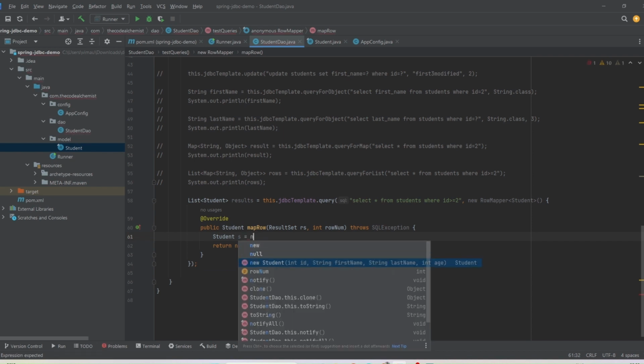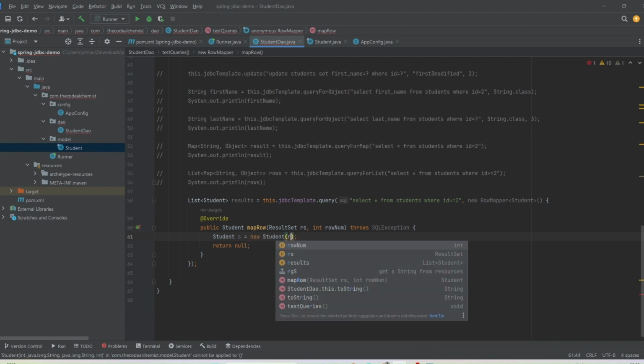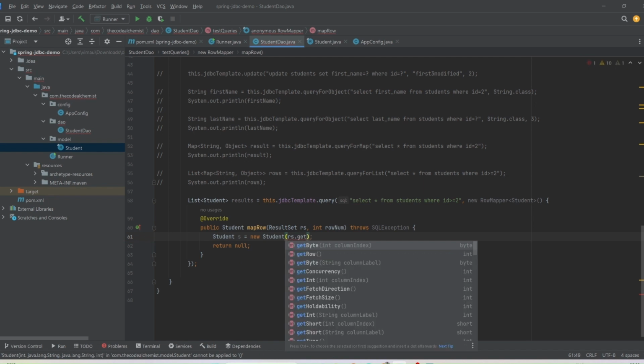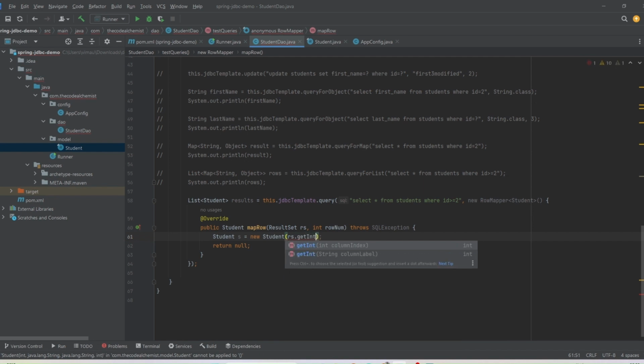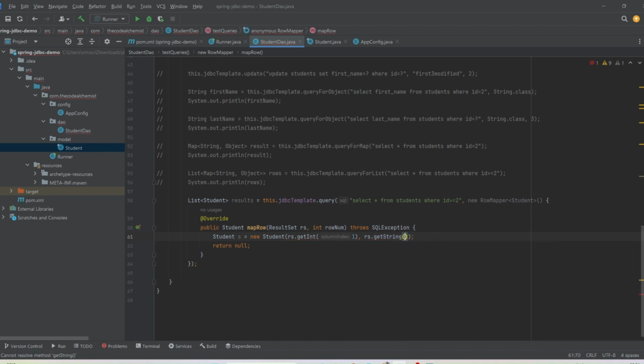This one. So it has a constructor with 4 values. The first one is ID. So we can use the result set to get the value directly. First column is ID. Then the second column is first name, so we are using resultSet.getString. Then we'll fetch last name, which is the third column. And finally the age, which again is an integer, like this. And we can simply return this object